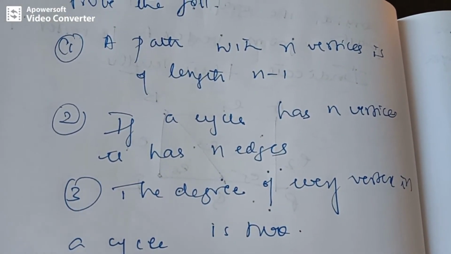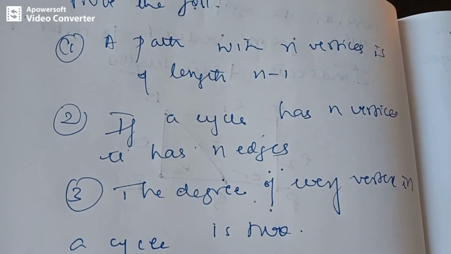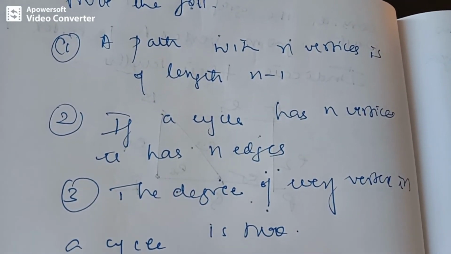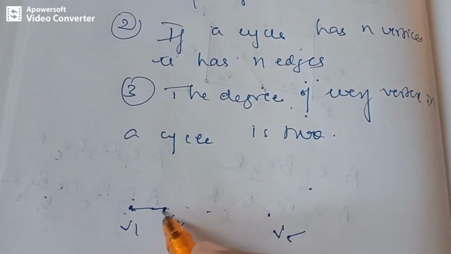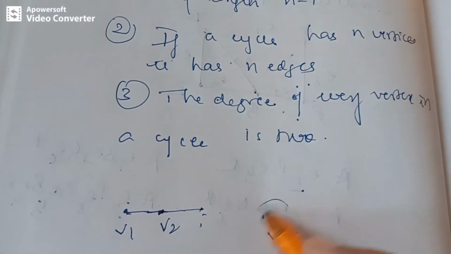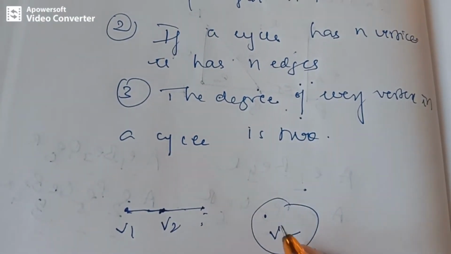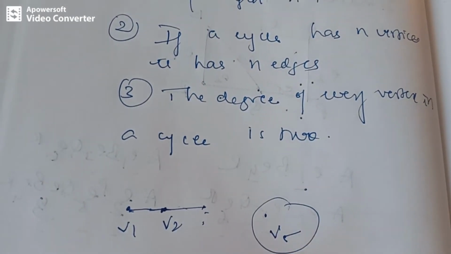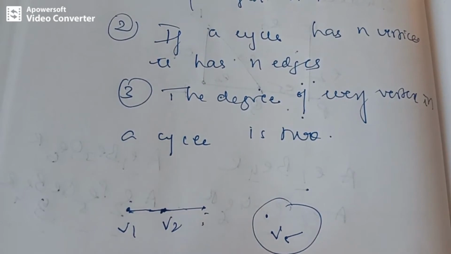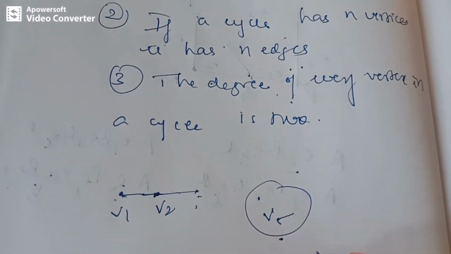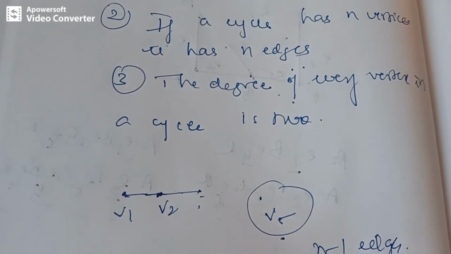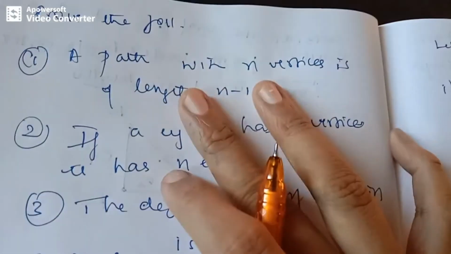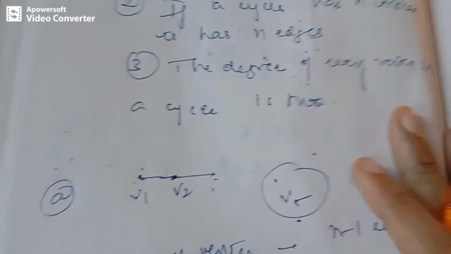So every vertex except the last vertex is followed by one edge. Like we can have V1, then one edge followed by V1, then likewise V2, and so on. Except the last vertex, we do not have any edge that follows from this particular vertex. Therefore, if the path has got n vertices, there must be n minus 1 edges, right? And its length will be n minus 1. So we have proved that a path with n vertices is of length n minus 1. Okay, let's take the next question.